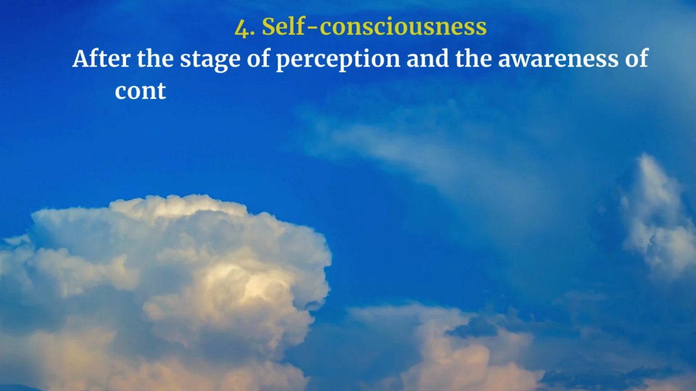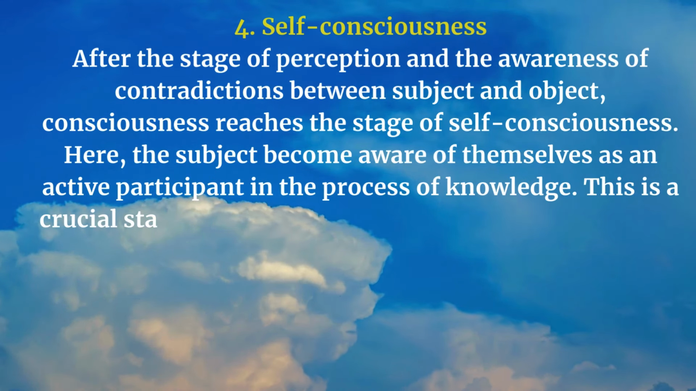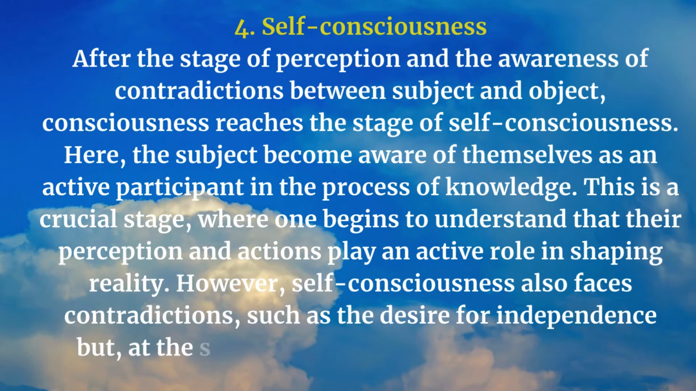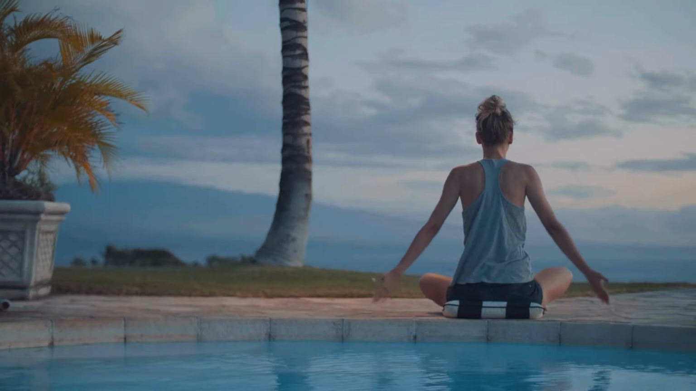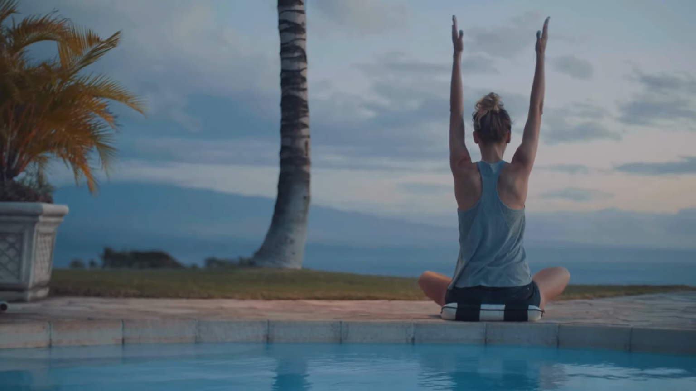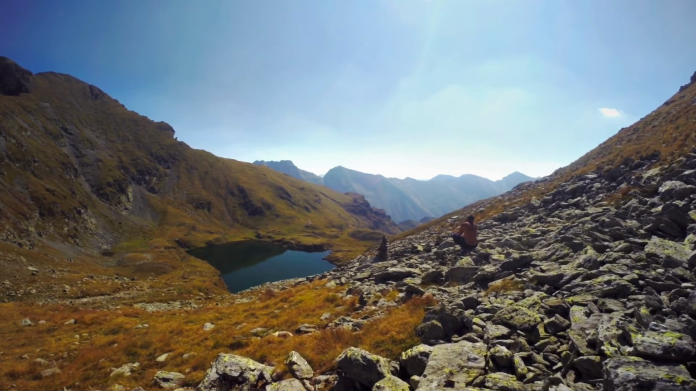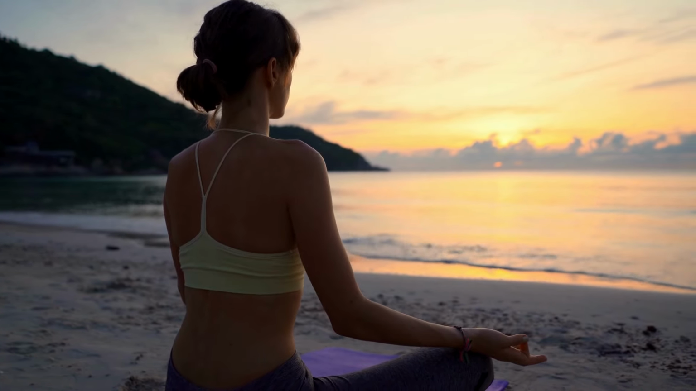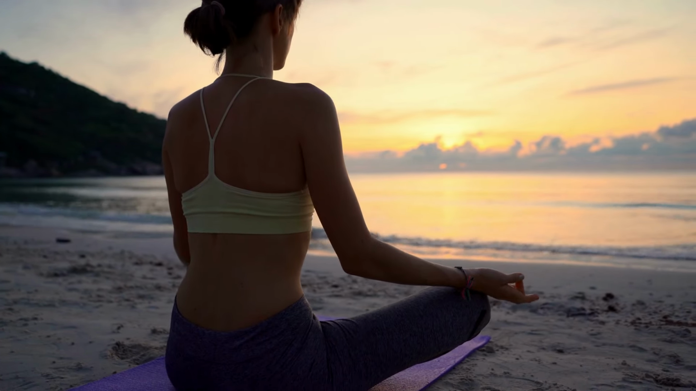After the stage of perception and the awareness of contradictions between subject and object, consciousness reaches the stage of self-consciousness. Here, the subject becomes aware of themselves as an active participant in the process of knowledge. This is a crucial stage, where one begins to understand that their perception and actions play an active role in shaping reality. However, self-consciousness also faces contradictions, such as the desire for independence but, at the same time, the need